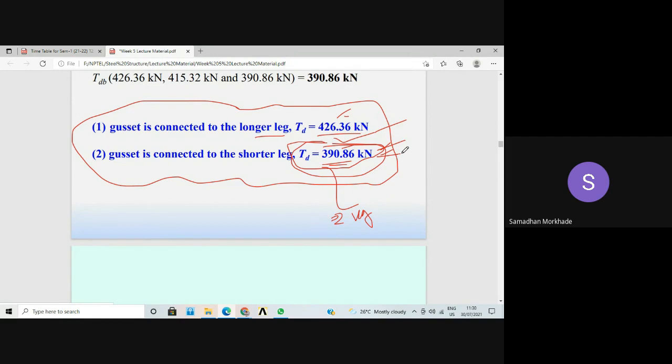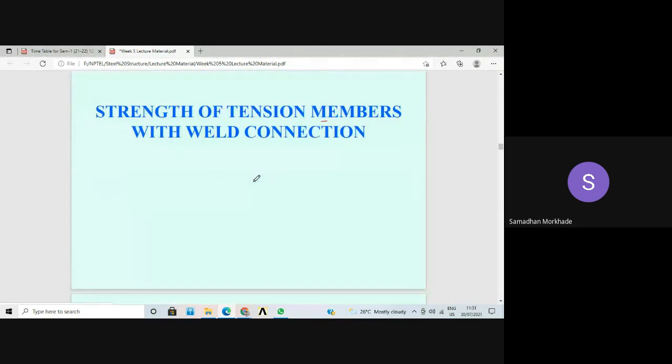The market rate today, I think, is 5,000 per quintal, so it is 10,000. This is for only the truss. This is just approximate, just rough calculations. So a small quantity will play a very important role in the economy of the design. We have to take a lot of precautions and think about how our design is economical. Now the next thing, we are going to discuss this example with welded connections.